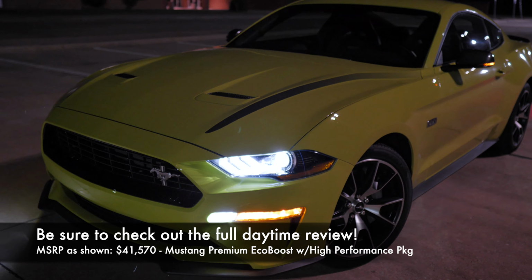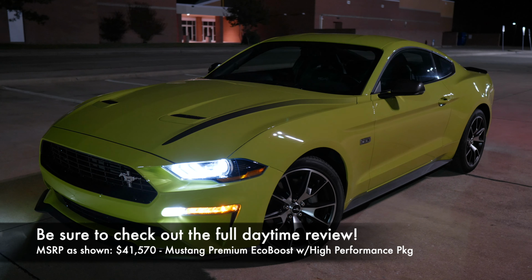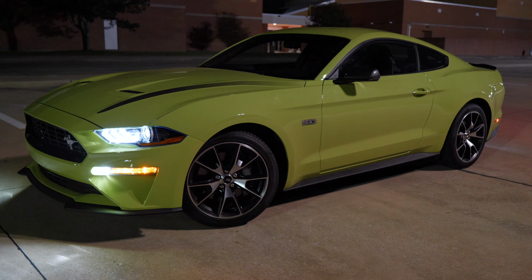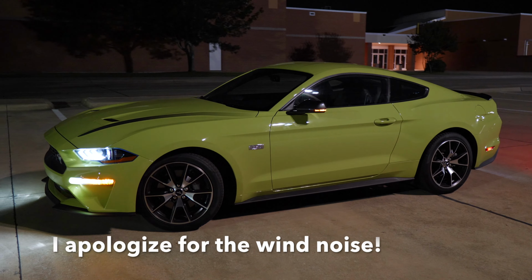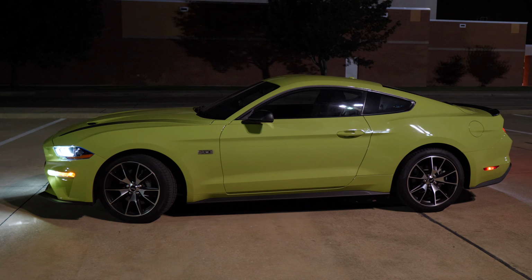And in my opinion, lighting makes a big difference in the way that a car's aesthetic looks. This Mustang looks pretty sweet with all of the accents on here. Those hood stripes, the hood vents, even the splitter in the front and the side body here. So this does have the high performance package, which we will talk about in the full review if you want to check that out. You even got a high performance turbo badge on the side,